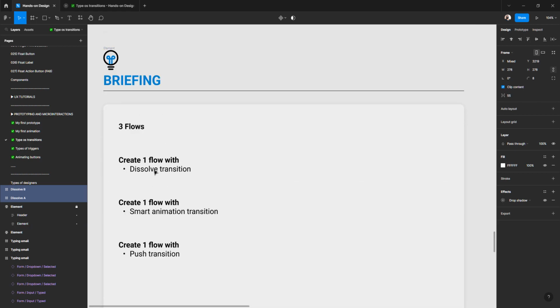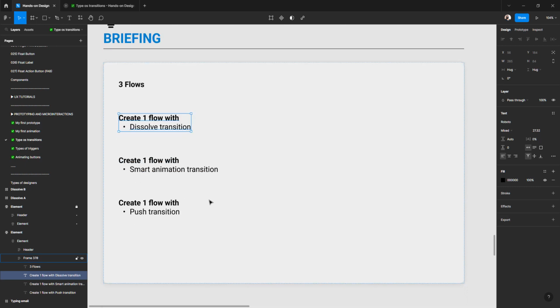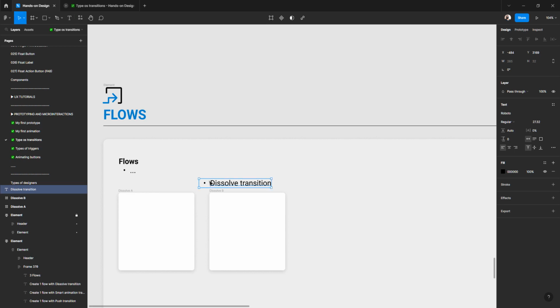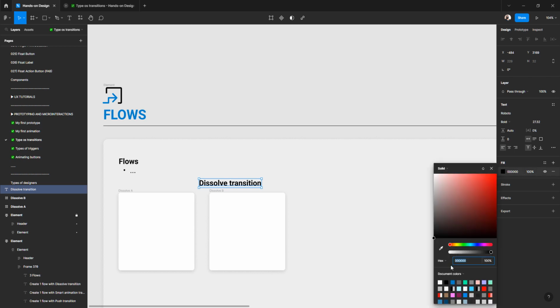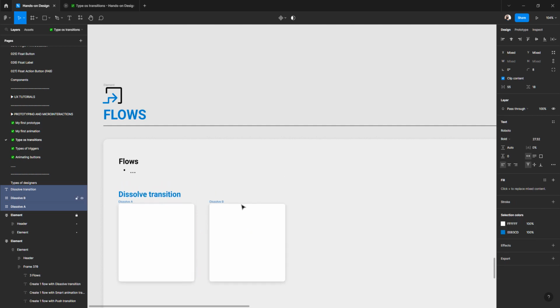So let me copy here dissolve transition. Okay, let's paste it here. So I will type like this because I blocked the background. So let's have something like this. Dissolve transition. Okay,